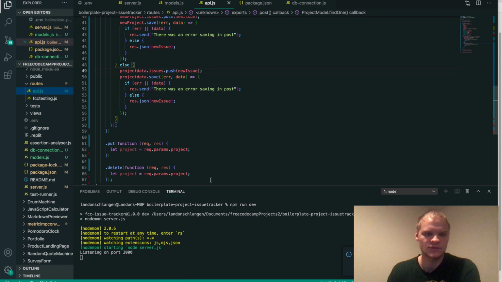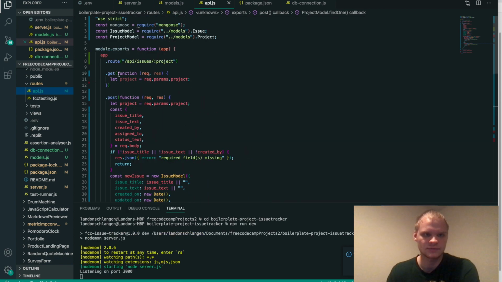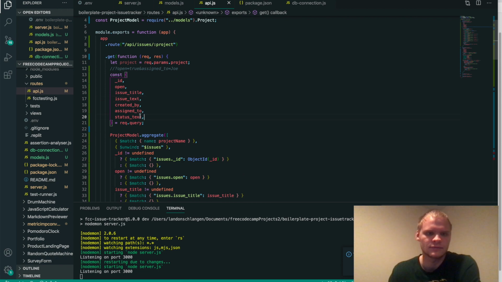Next thing I want to do is be able to get some projects. So I'm gonna do the get route for this now. All right, here's the get route. The get route is kind of complicated. First, we get all of our different queries that we can do, because they want us to be able to do